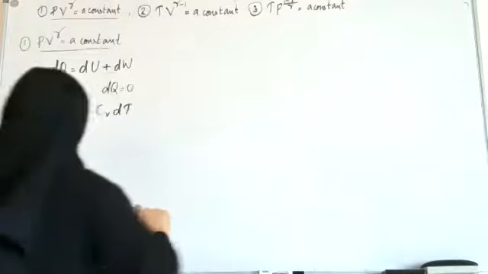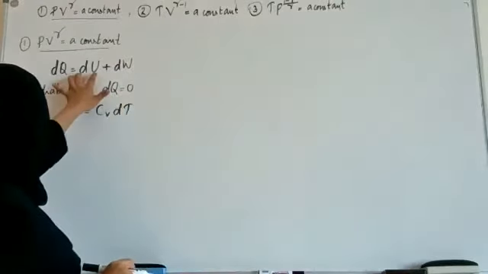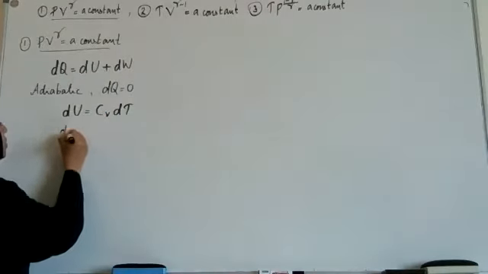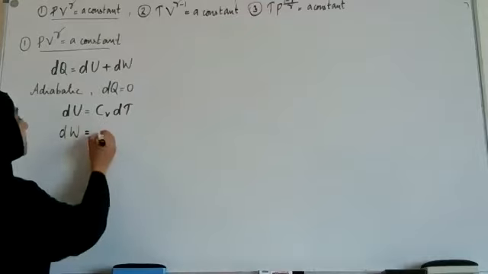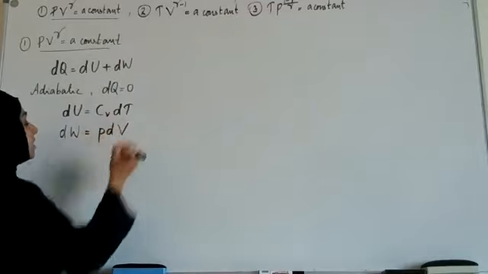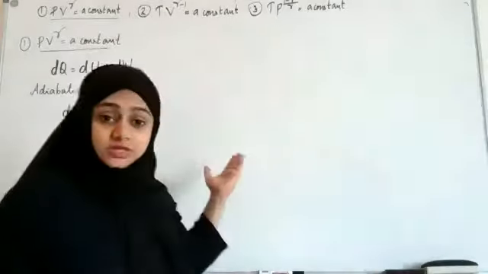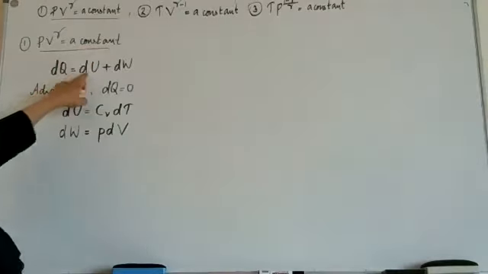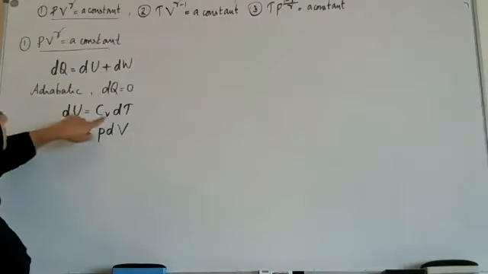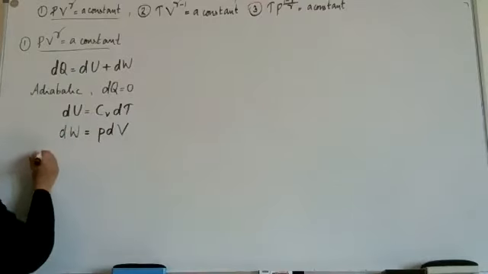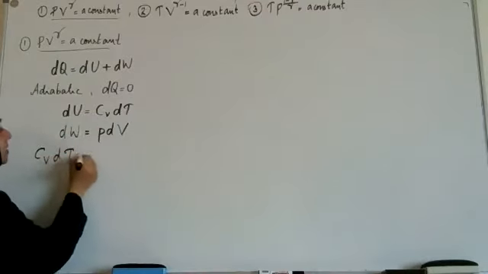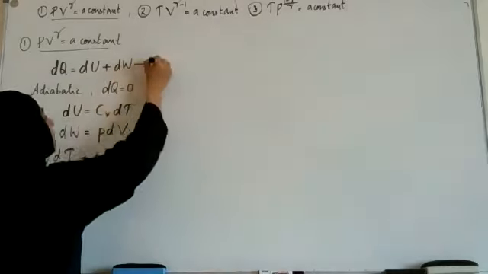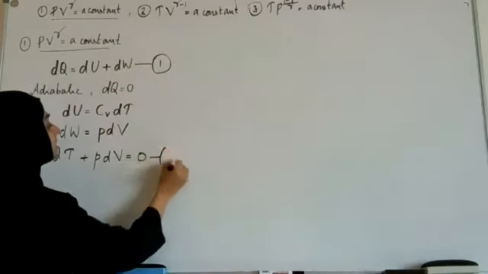So we got an expression for dq, which is 0, du, we got an expression, and what is dw? dw, the work done, is pdv. This again we have derived in the first class. So we are going to substitute all the values here. So you will get it as 0 is equal to this plus this. So I'm going to write it as Cv dt plus Pdv is equal to 0. So this first equation, first law of thermodynamics, is in this form now.